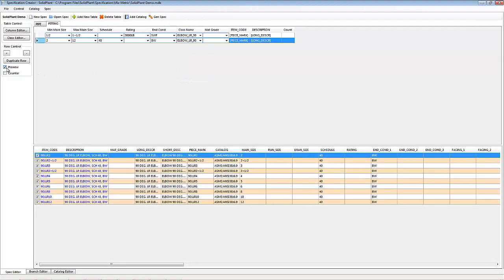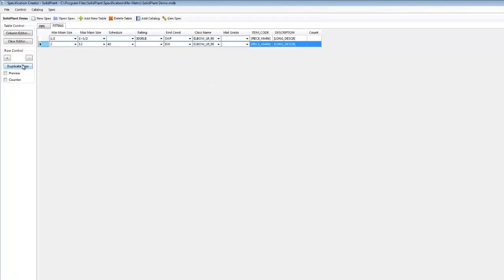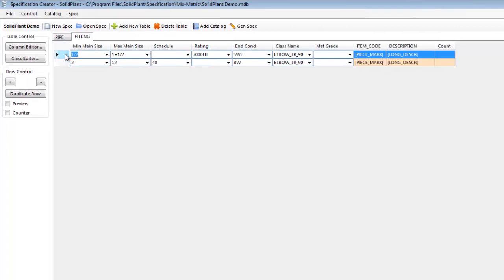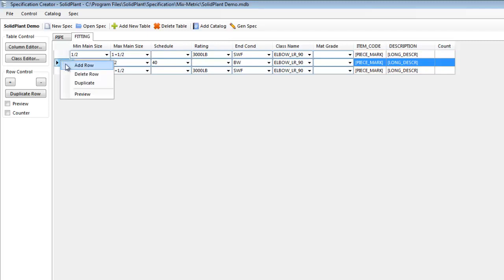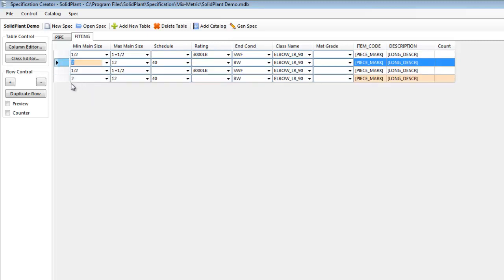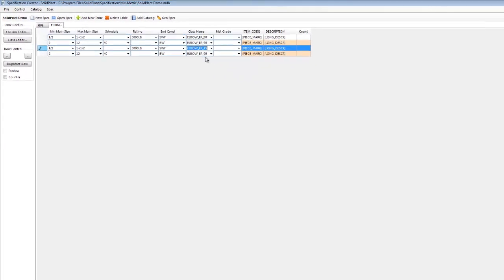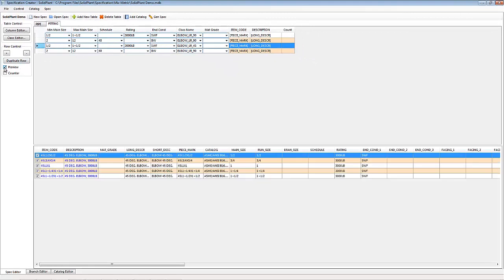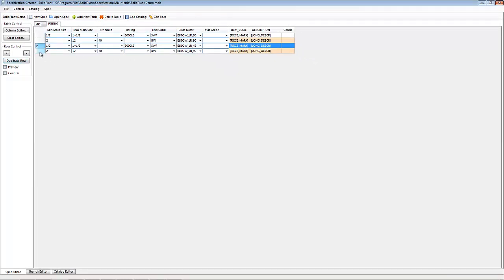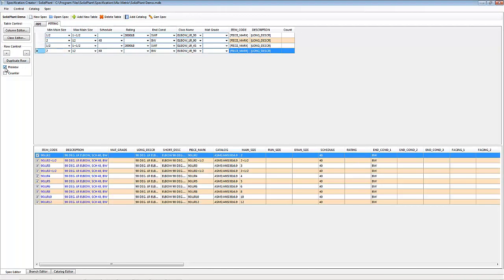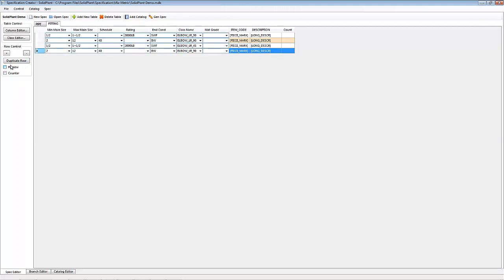We preview and then click on the right button of the mouse, select duplicate, and we clone the information in a new row. We duplicate again, and instead of writing all the information, we just change the class name. In this case, instead of elbow 90 degrees, we select 45 degrees, and then with the preview we check the information. We add a new table